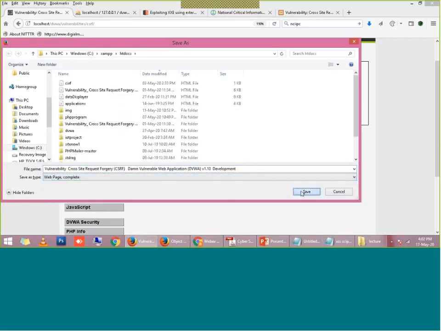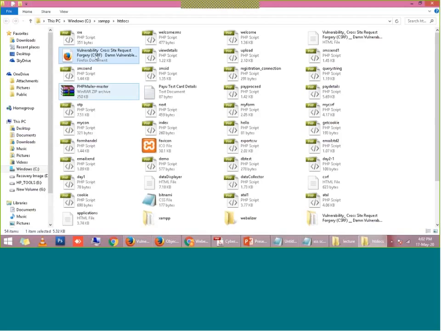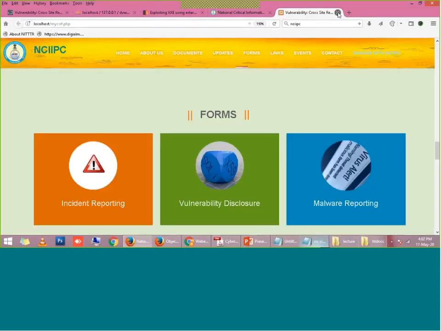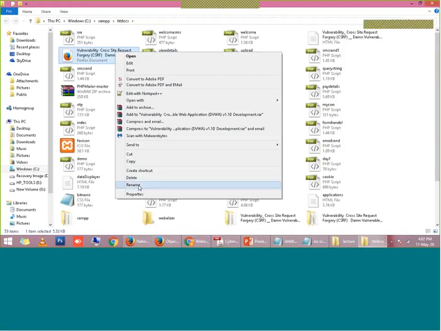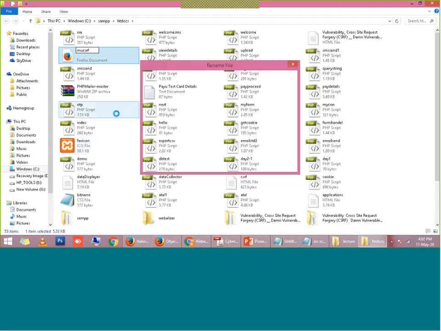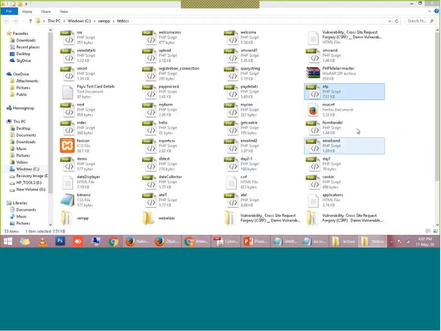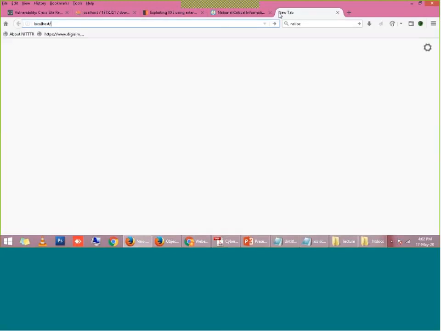Let me save it, and rename this file as myCSRF.html. So localhost, myCSRF.html.